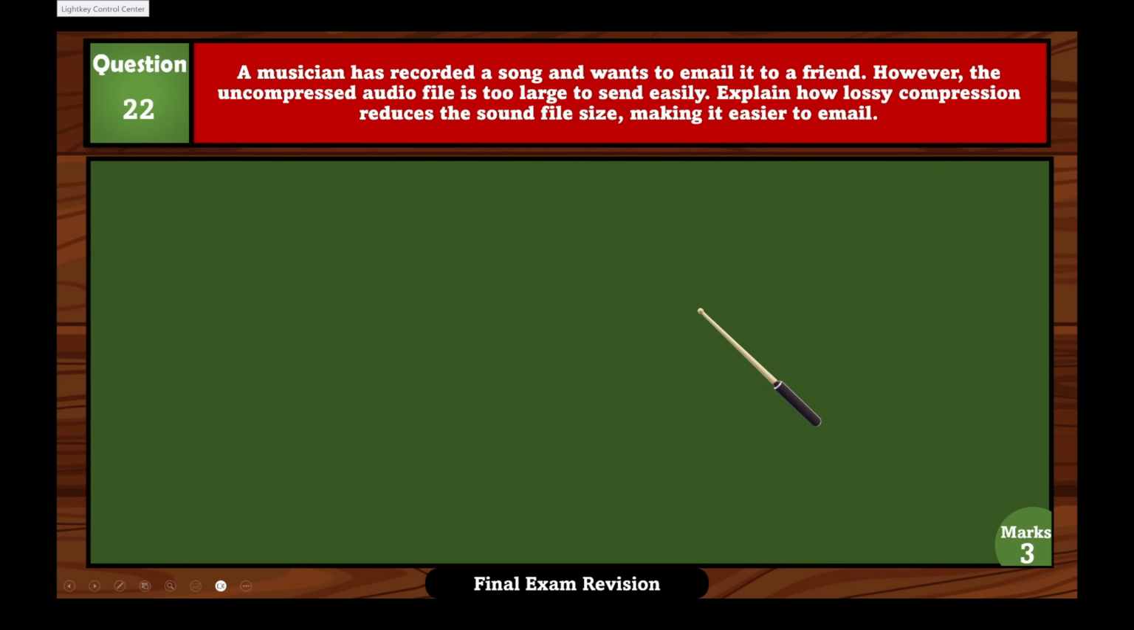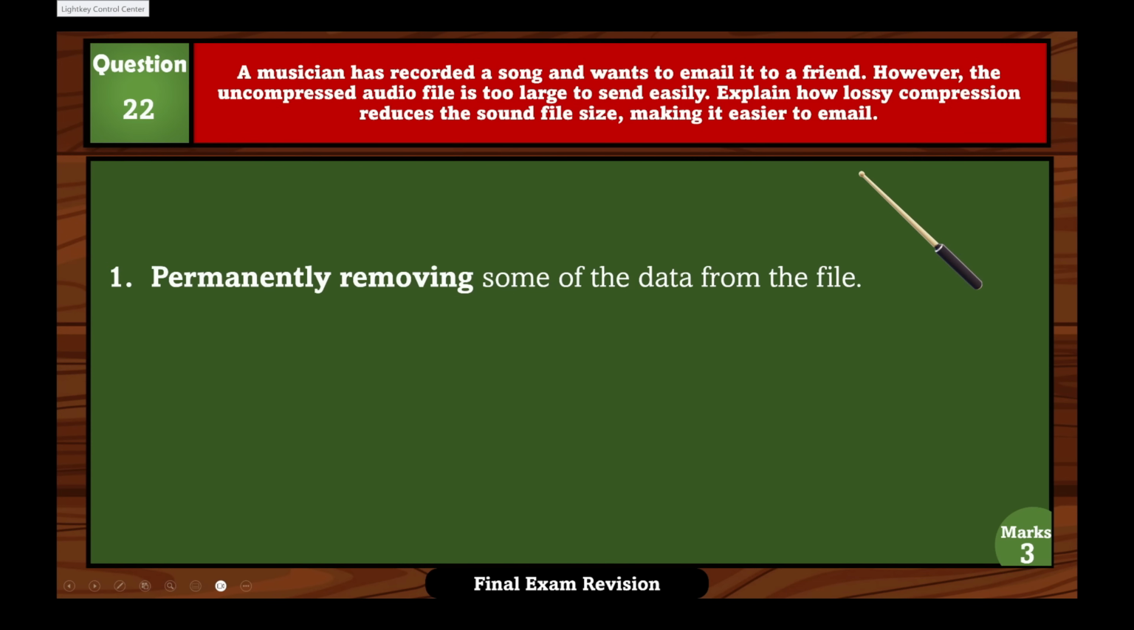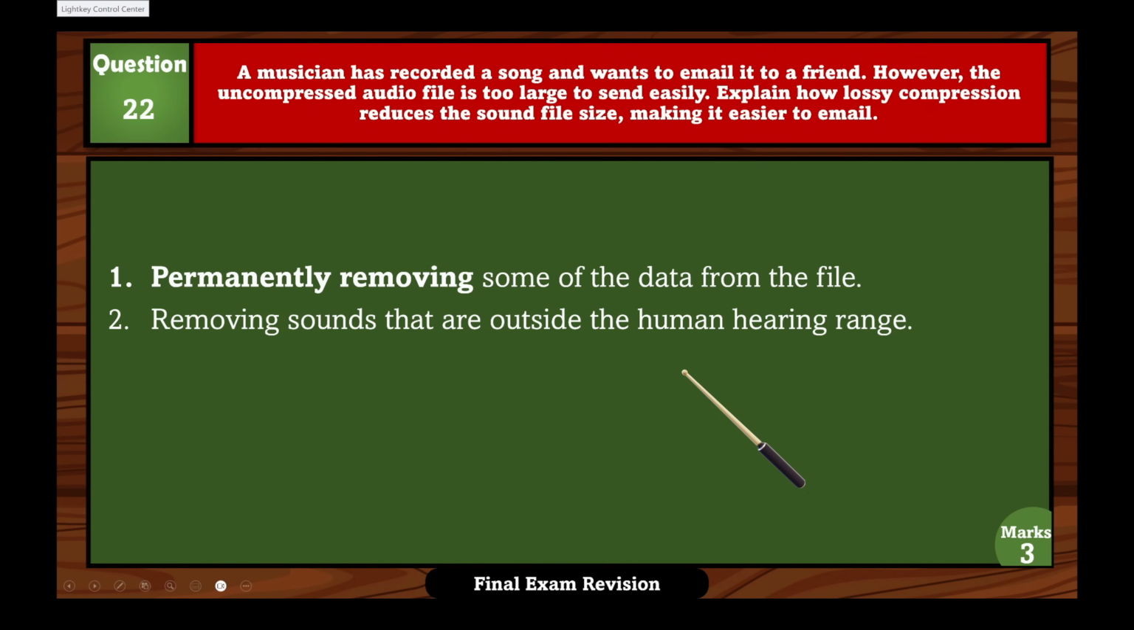Okay. Question number 22. A musician has recorded a song and wants to email it to a friend. However, the uncompressed audio file is too large to send easily. Explain how lossy compression reduces the sound file size, making it easier to email. So first, lossy compression reduces the file size by permanently removing some of the data from the file, removing sounds that are outside the human hearing range. Okay, so some frequencies the human cannot hear, so we can remove those from the sound